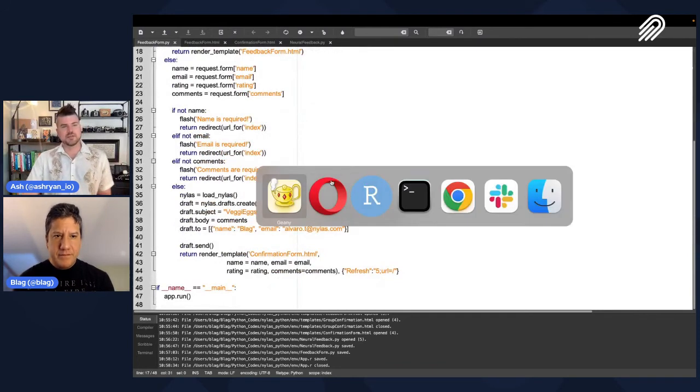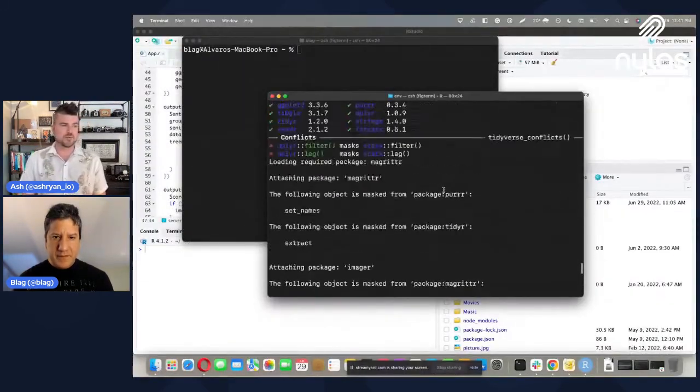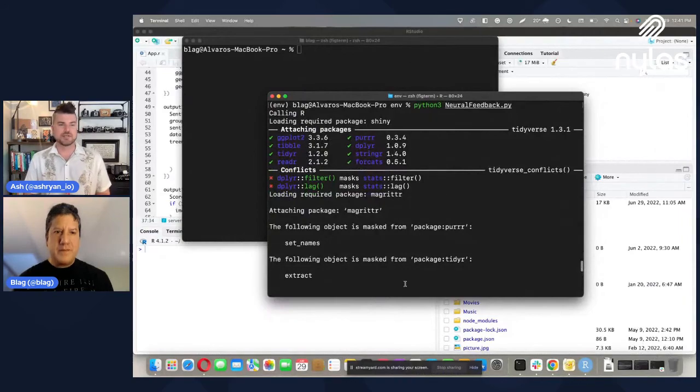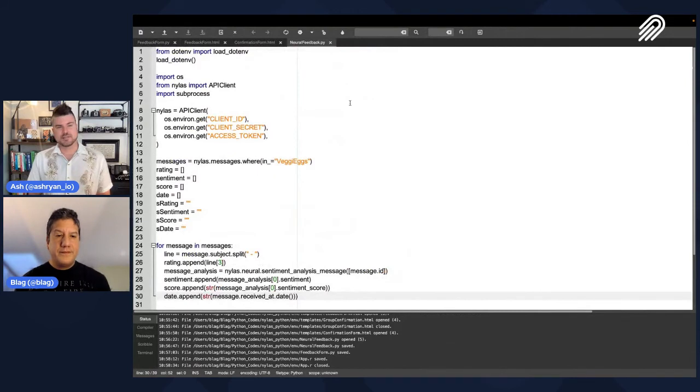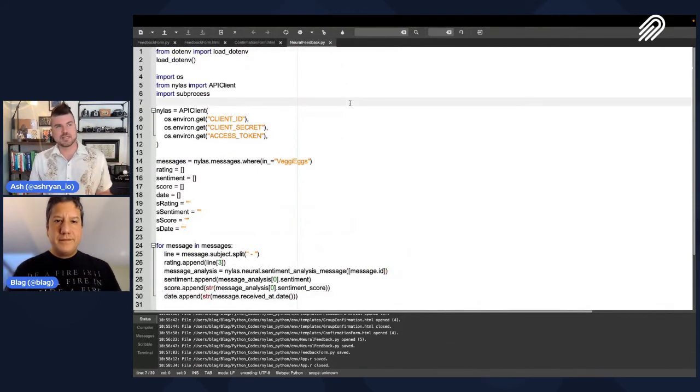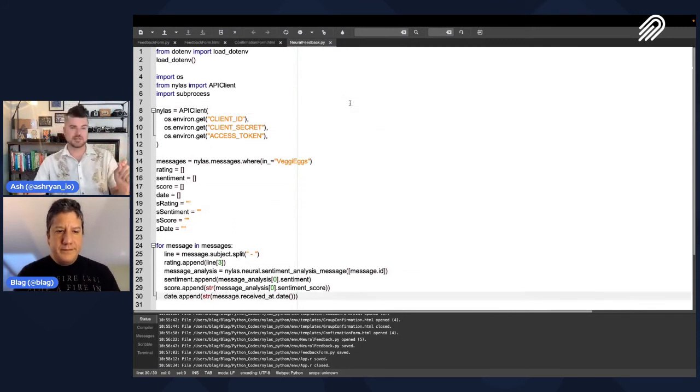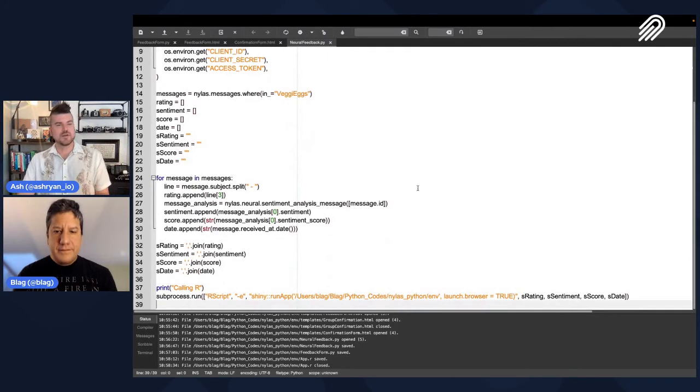And then on the company side of things, over time you're amassing all of these messages with user feedback. And of course, what you want to be able to do is analyze that in different ways to understand how you stand with your customers. So in that case, you want to pass all of that to the sentiment analysis engine, like what Nylas offers. To do that, you first read in all of those messages, also using Nylas to get the IDs, and pass each one to the sentiment analysis engine. And then from there, you get all of this data back that you can do whatever you want with in order to start to understand how you stand with your customers.